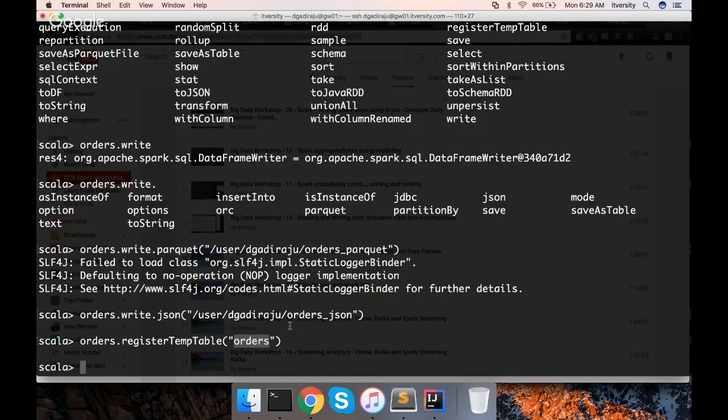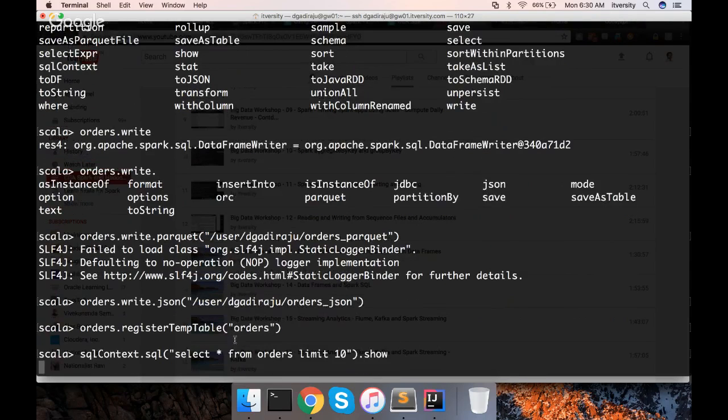So let us try to process the data. Let us see how many orders are there by each status, and then we will try to save that output into JSON or Parquet format rather than directly writing orders. That will put it in a perfect context, especially when you have to execute tasks as part of the certification. So now orders can be accessed using SQL. You can test that by saying sqlContext.sql and then select * from orders limit 10. I'm just previewing the data and then applying show.